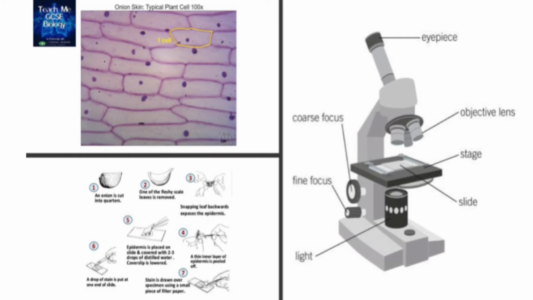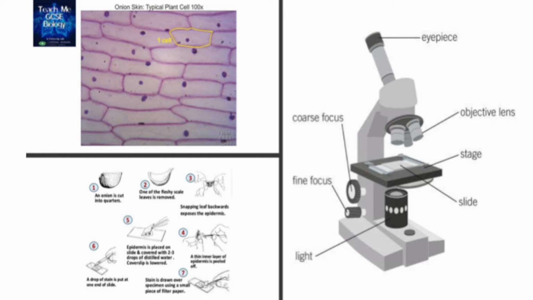If you're looking through the eyepiece at times 10, and you're also looking through an objective lens of times 10, 10 times 10 is 100. So if you're using the eyepiece and the times 10 objective lens, it will be times 100. Usually when you're observing something through a microscope, you would tend to start on the smallest objective lens,